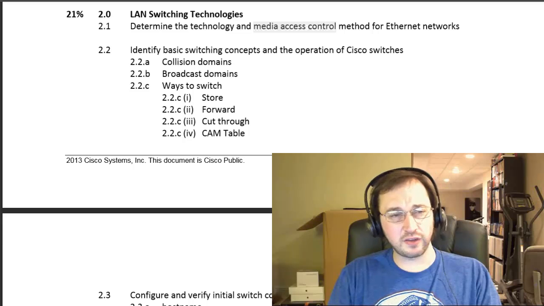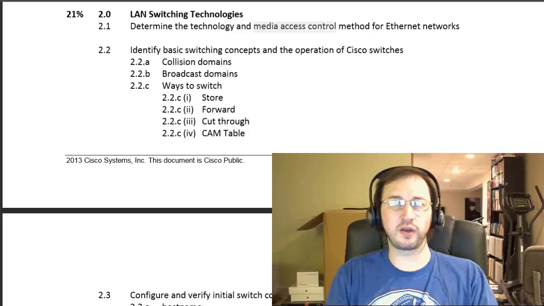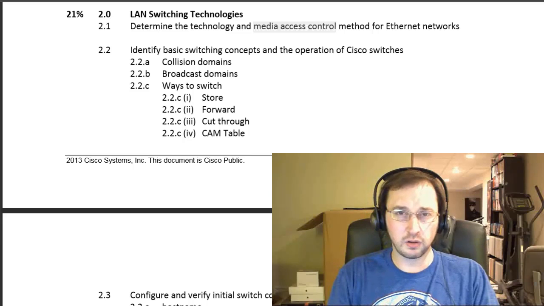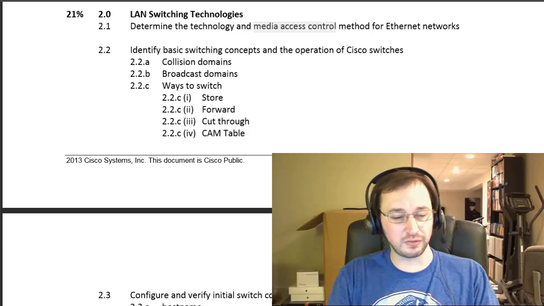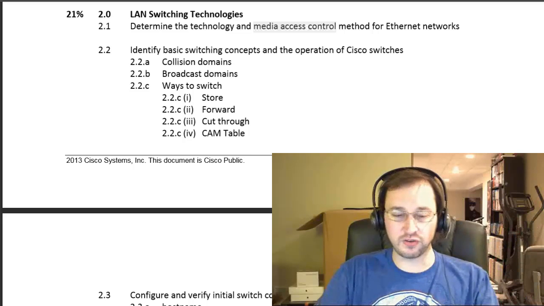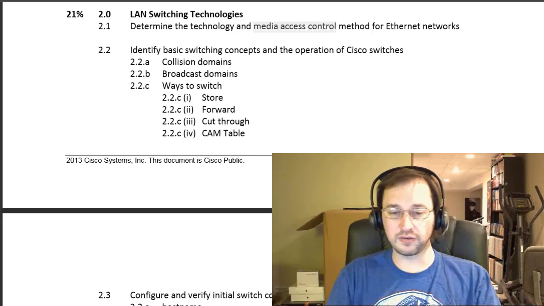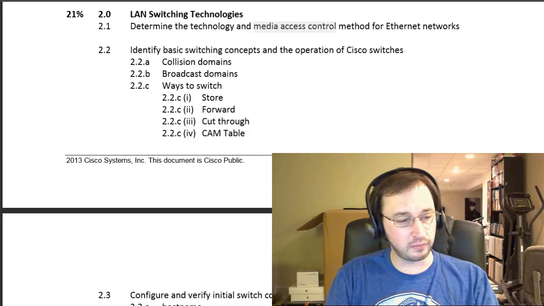Now, the media access control part of 2.1 here is specifically going to be talking about CSMA-CD, or Carrier Sense Multiple Access with Collision Detection, which I know is a mouthful, but if you read up on it, basically it means don't talk while others are talking. If you think back to the original Ethernet, when every device on the Ethernet was literally sharing the same piece of wire, or the same bus, they had to figure out a way so that if two machines started talking